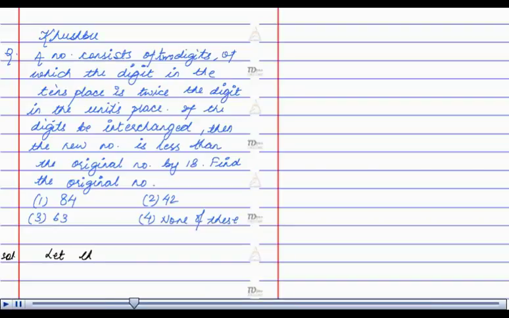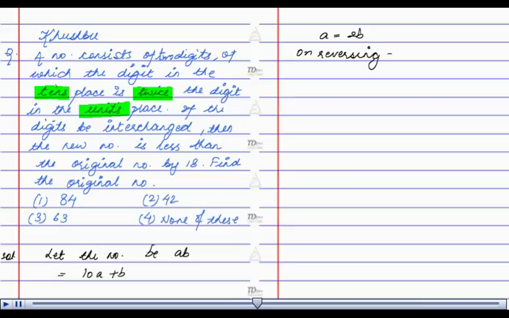Let the number be AB, that is 10A plus B. It has been given that the digit in the tens place is twice the digit in the units place, that is A is equal to 2B. Also, the number we obtain on reversing is BA, that is 10B plus A, which has been given is less than 18 than the original number, that is